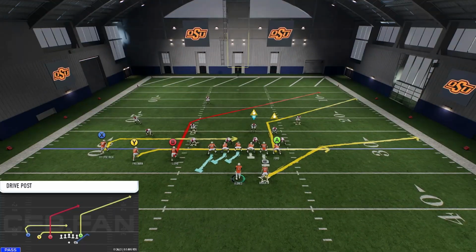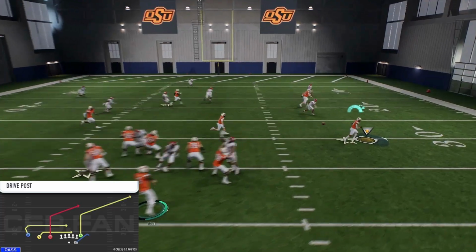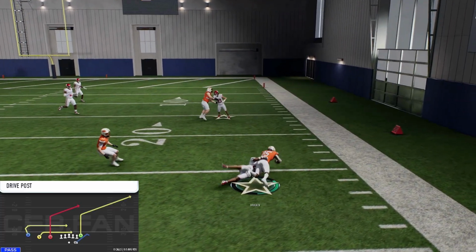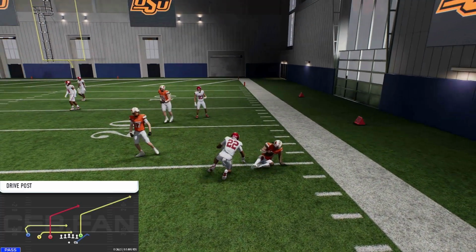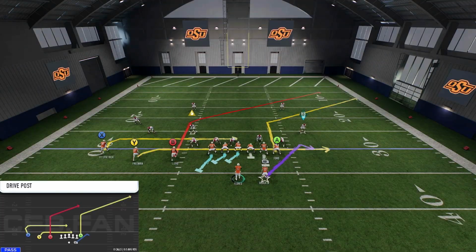If those are taken away, I shift my eyes back left to this drag from Y and X. And if the user in the middle drops down or vacates the middle, you have this post in B. Here again, they don't play the flats right away. Get a nice 5-yard gain. Remember, the whole thing about offense is just maintaining efficiency and making every down and distance manageable so your playbook